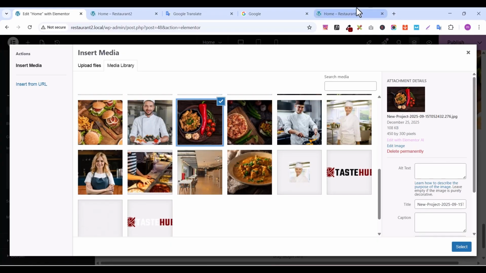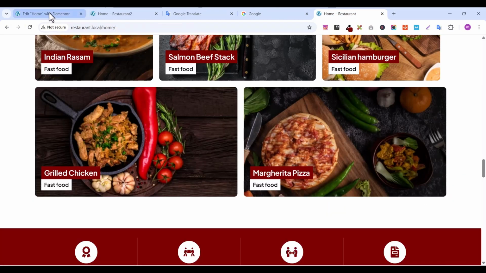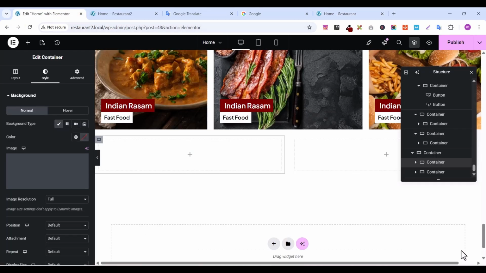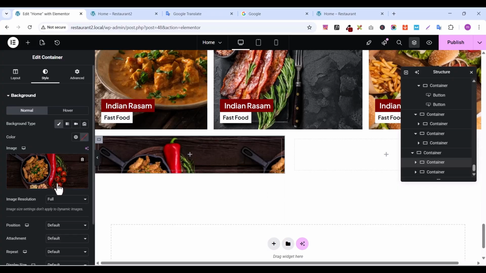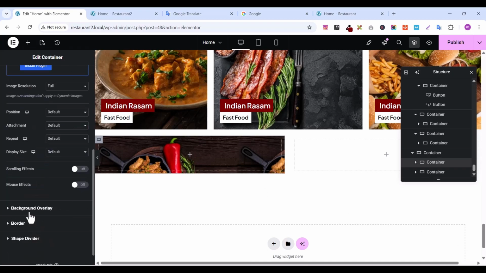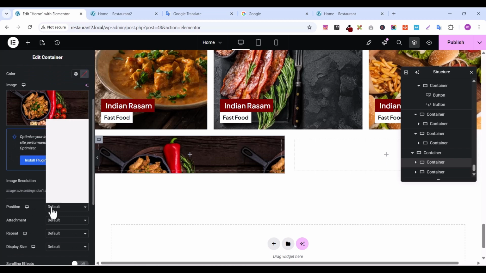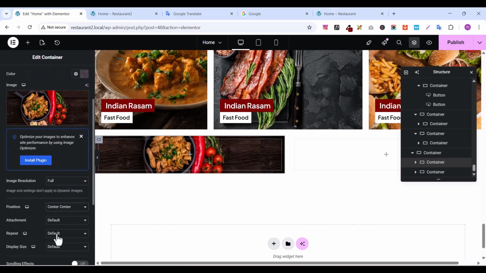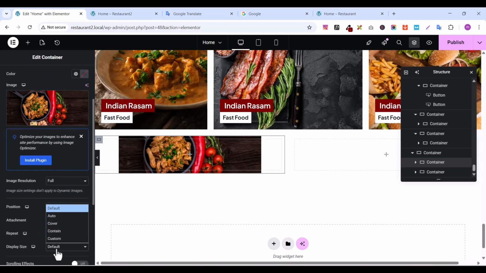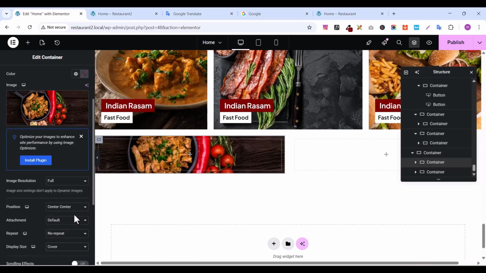I think this one, yes. Select it. So here, go below on position, click on center, repeat, no repeat, cover, display size, cover, and let's select the